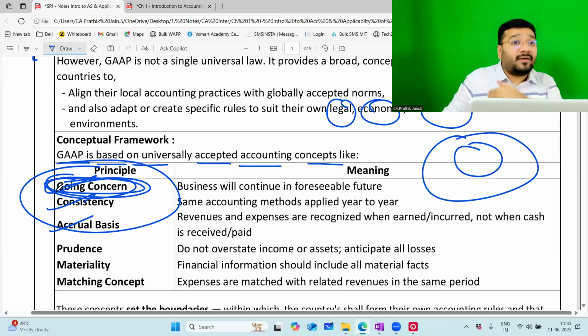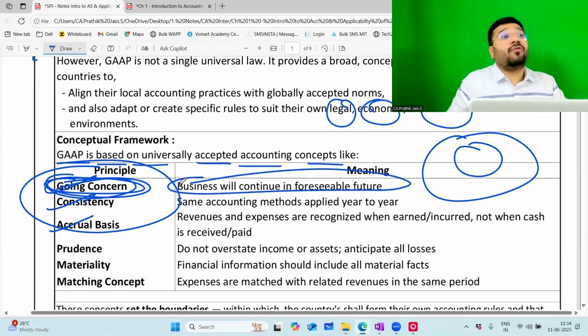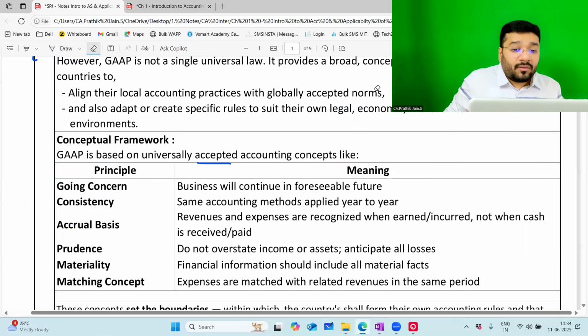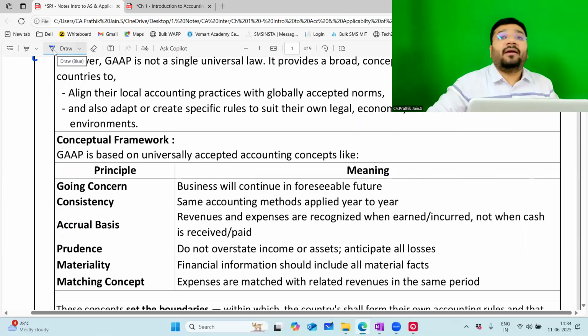What is the meaning of going concern? I don't want this meaning: business will continue for foreseeable future. With that, what am I able to understand? Please tell me. Exactly. So now, if I am buying a plant and machinery for 15 lakh rupees, matching principle says that since